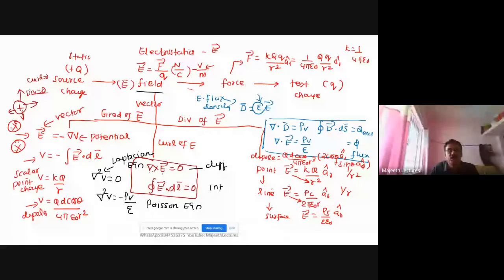Integral form, you know, it is an integral. Why is the differential form called differential? Because del is dou by dou x, dou by dou y, dou by dou z. So if you use del, that is the differential form. Integration is the integral form. So for the electric field, divergence in differential form and integral form both give the same meaning. Curl, differential form, integral form. Gradient, this is the only thing. Differential form, integral form. Fine.